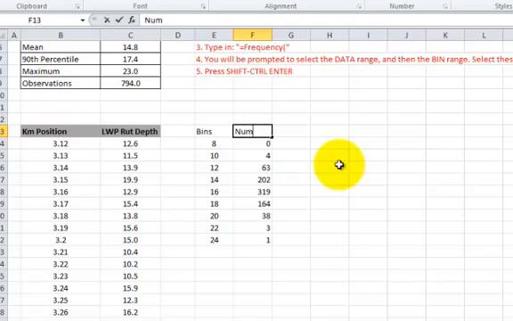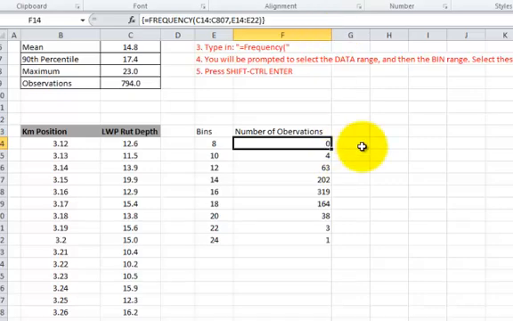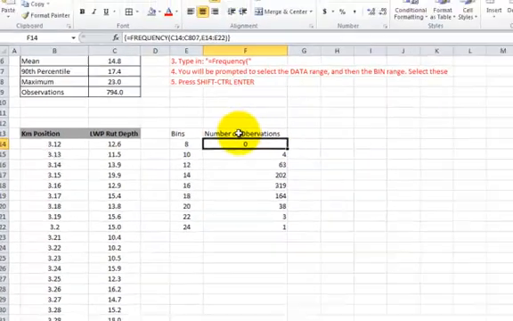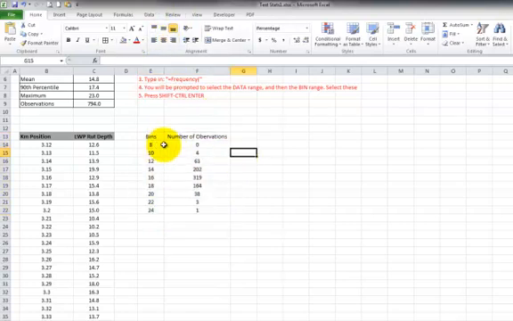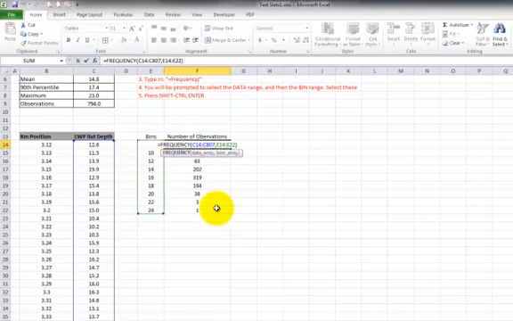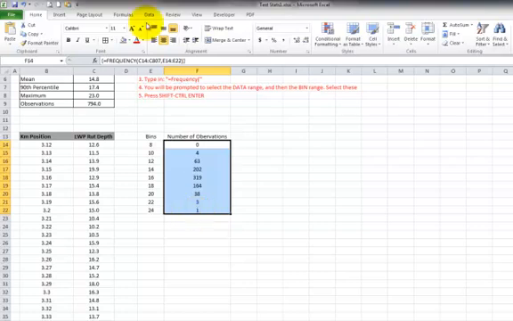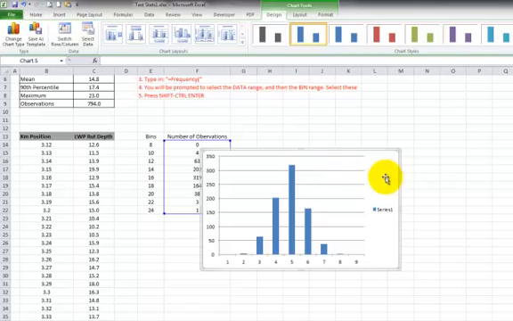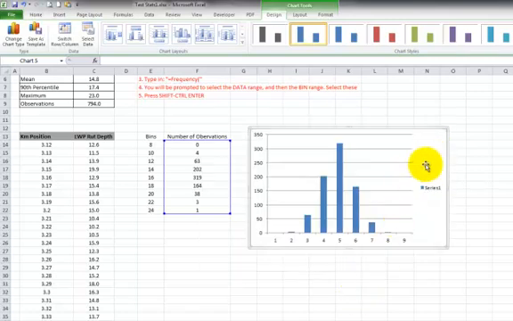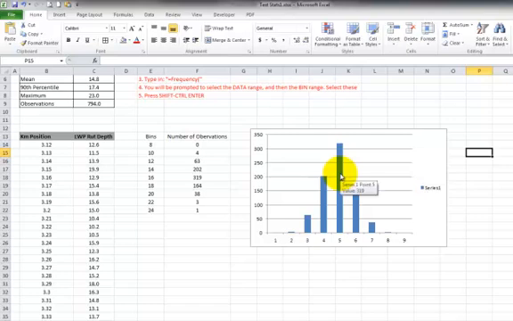So this is then the number of observations, and what I can then do is just center this data neatly. And now what I can do is quickly draw a graph of this data. So there's a basic bar graph, and after some formatting, this graph can very easily be made into something that